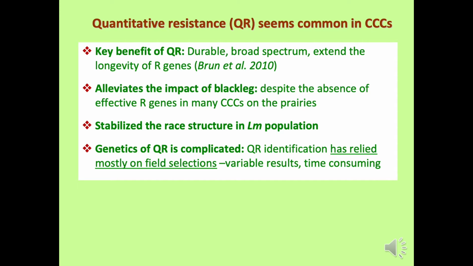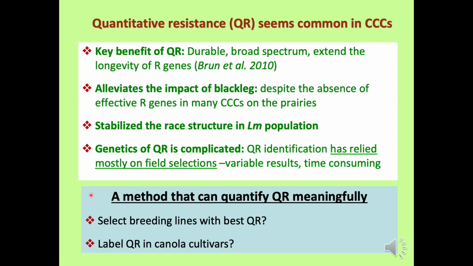We also notice most of our varieties seem to carry a level of QR. In addition to the common benefit, QR seems to be particularly useful in Western Canada, because we often would have a lower level of disease pressure than in many other regions. However,